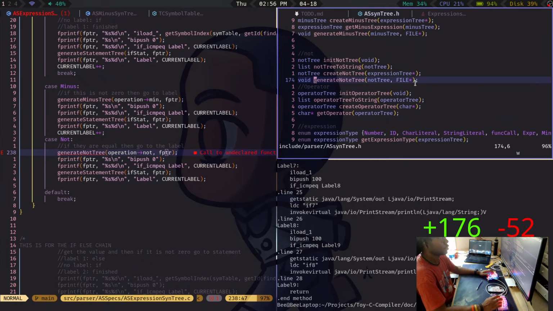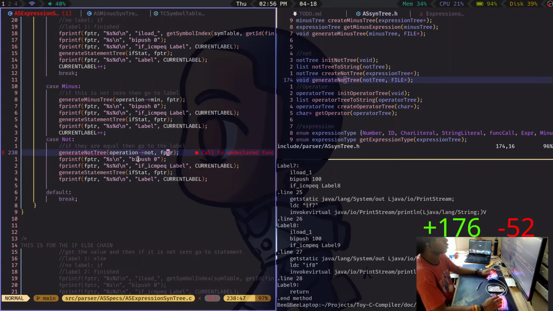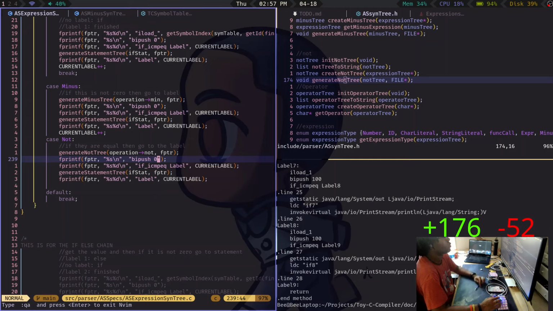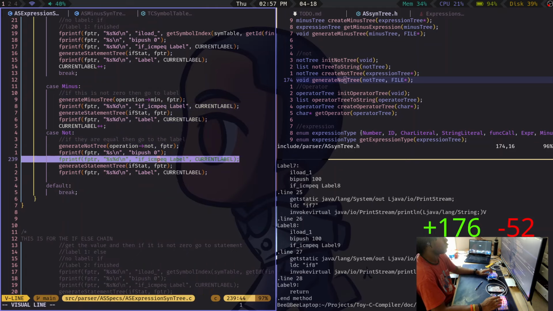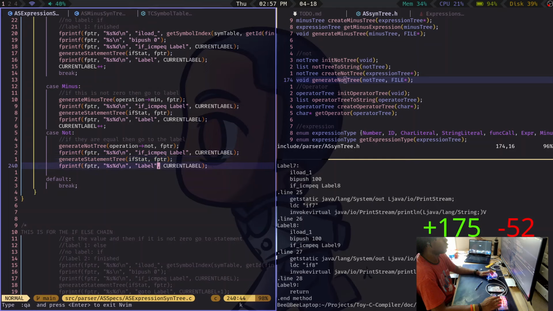Not have a spelling wrong though. There we go. So we generate that, and then no. You just compare if they're equal, because you already have expression in there. If they're equal though,